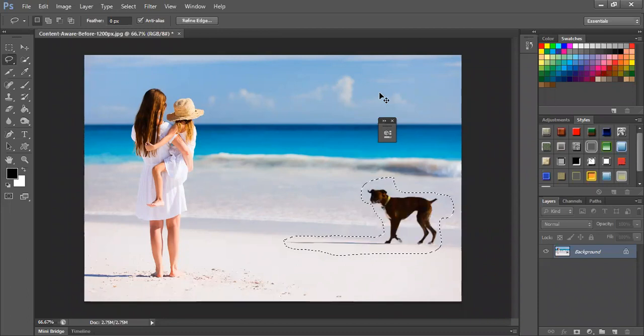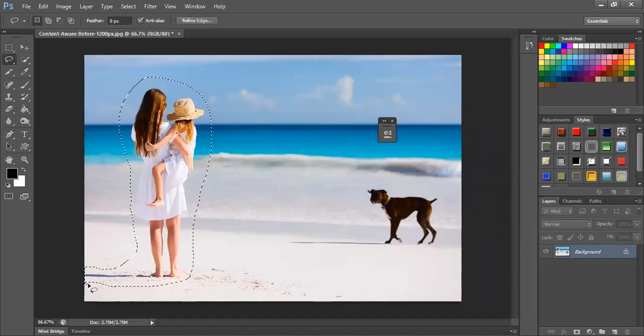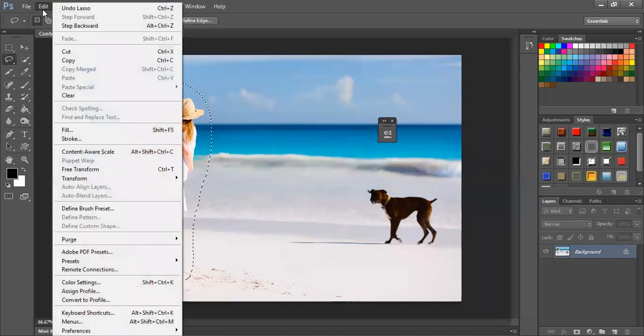So that is basically how I can do it. I could have done this for the girl also. I'll show you how to do it for the girl. I'll quickly outline the girl this time and the shadow. You don't need to do perfection. I'm just outlining the near spots that I need to remove. It's not like I have to go dot to dot. I'll just select the area which I need to remove.